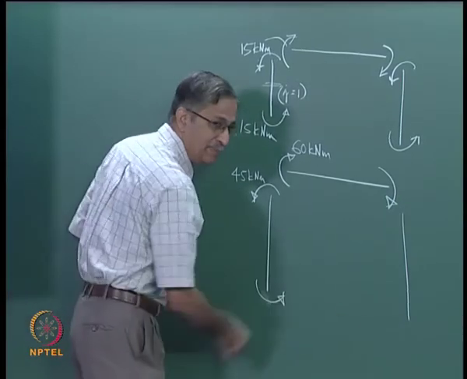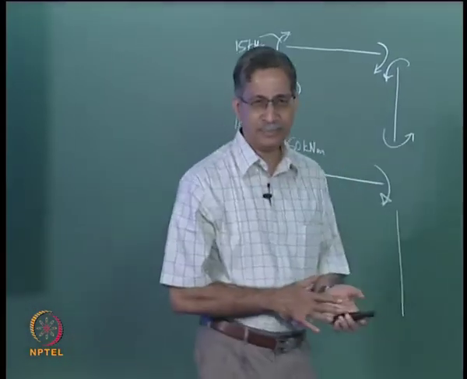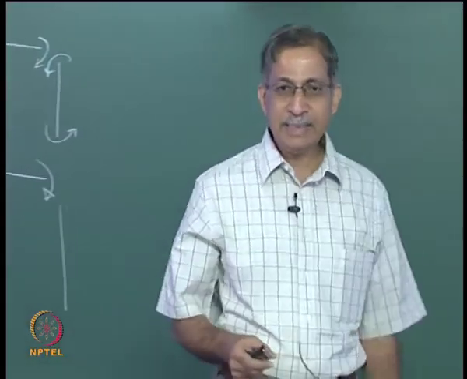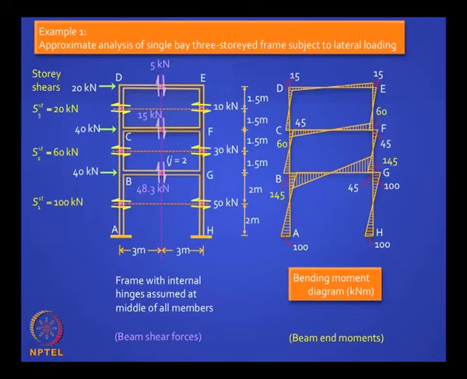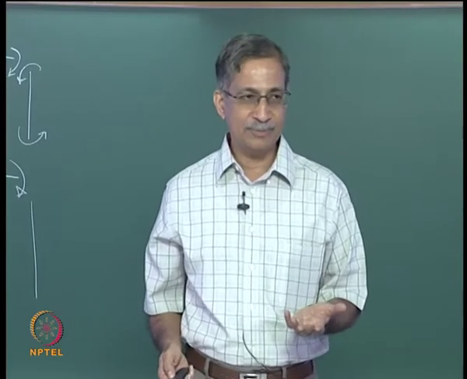What about the last one? It will be 100 plus 45, which is 145. So that is it. So it is very easy. Okay. Now you can also draw free bodies and draw the other shear forces, axial force. So it is so easy. A problem with a degree of indeterminacy of 9 is solved in 1 minute because we make these assumptions. We will see later how far off we are from the exact solution, but this is good enough,